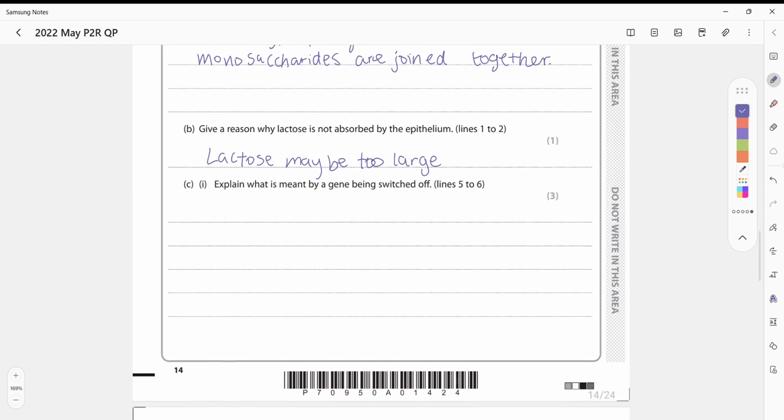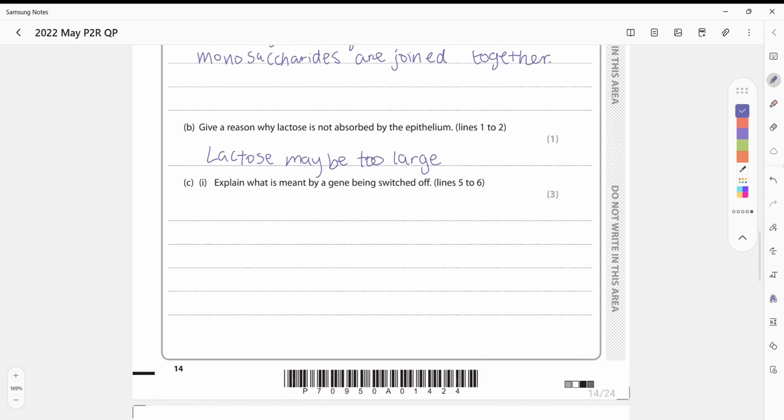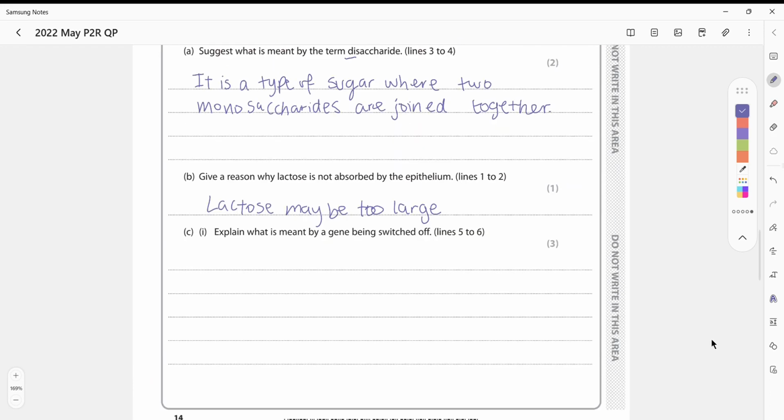All right. Part C1, explain what is meant by a gene being switched off. So when we say a gene is switched on, then that means that that gene is undergoing transcription and translation. So that just means the DNA will get transcribed to an mRNA, which would then get translated to a protein. So when we say it's switched off, then that means that that gene is not being transcribed and not being translated into a protein. So